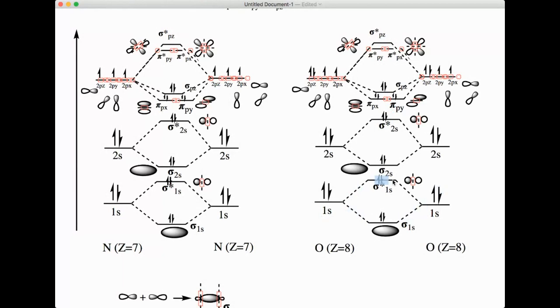So 1s and 1s produce 2, 1 bonding and 1 antibonding. 2s and 2s produce 2, 1 bonding and 1 antibonding. 2p and 2p will produce 6 molecular orbitals, 3 bonding and 3 antibonding, okay? And the same, 1 will be sigma, 2 will be pi, so nothing really changes. The one thing that is going to change is that because oxygen has an atomic number of 8, which is larger than 7,